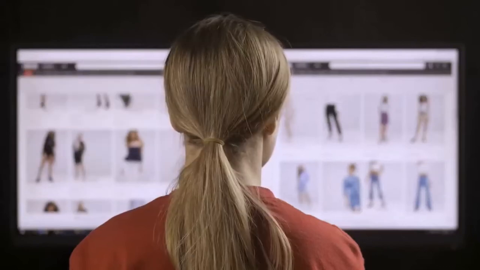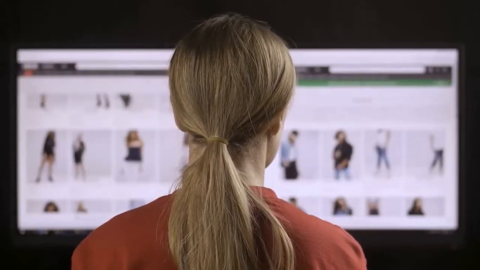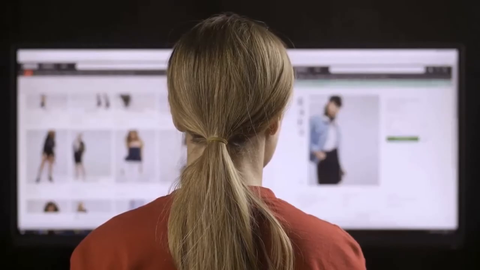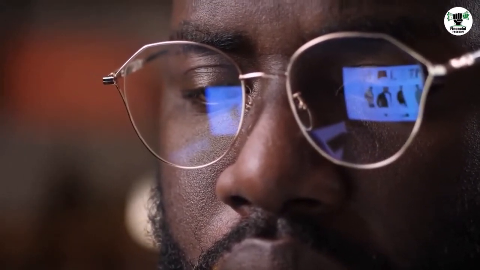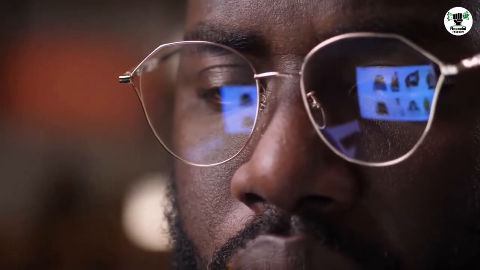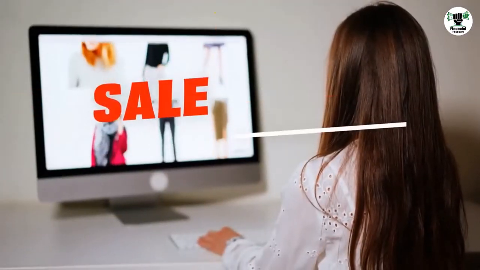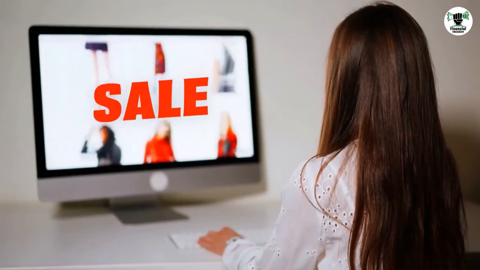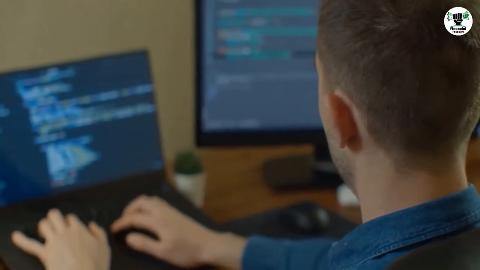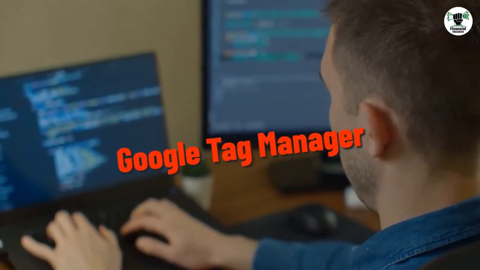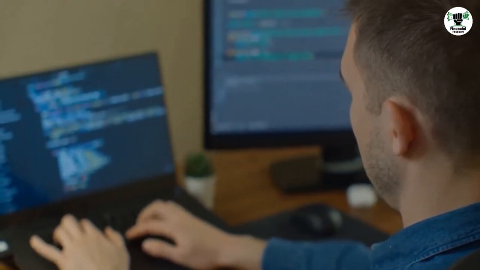As a Shopify business owner, it's important to have a clear understanding of your website's analytics. After all, how can you make informed decisions about your marketing and sales strategies if you don't know what's working and what's not? Google Tag Manager, GTM, is a powerful tool that can help you get a better handle on your website's data. Shopify's integration with Google Tag Manager lets you add and update your own tags without needing to